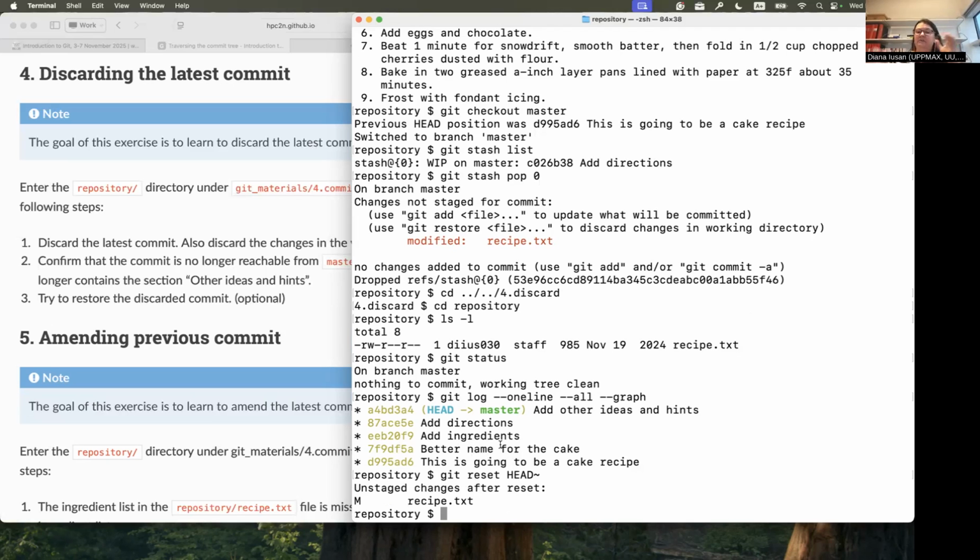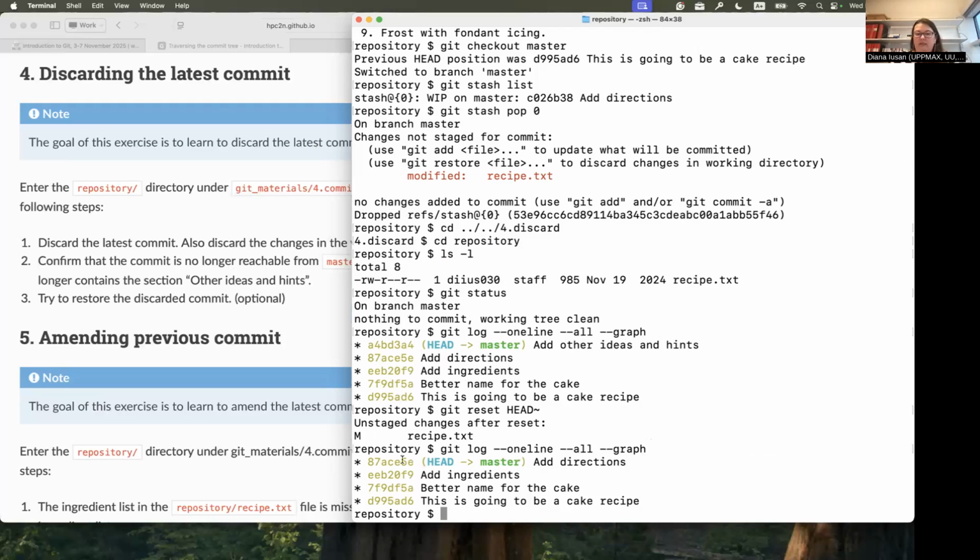So then it kept the modifications that I had committed as index. I can still, so let's see, if I do git log again, then I can see that, okay, that commit A4 is no longer reachable